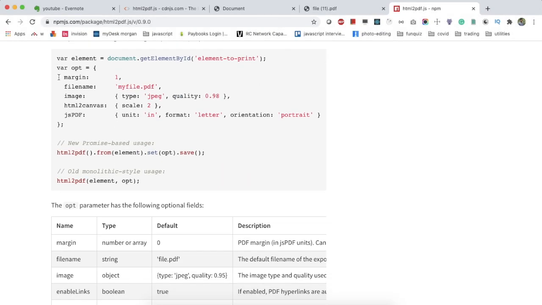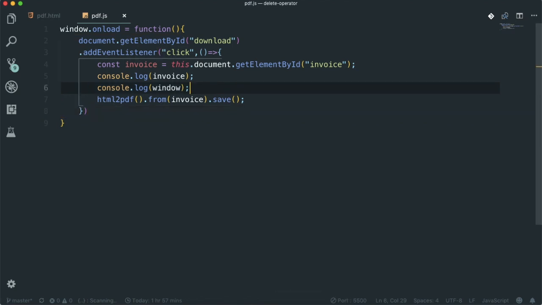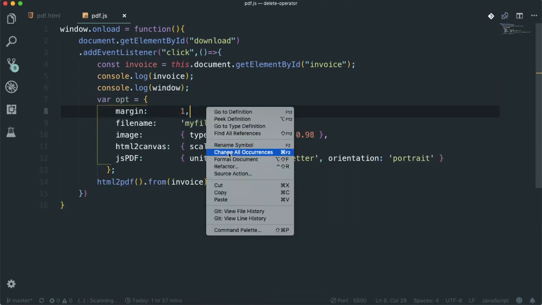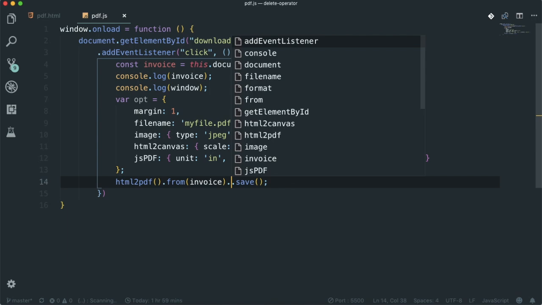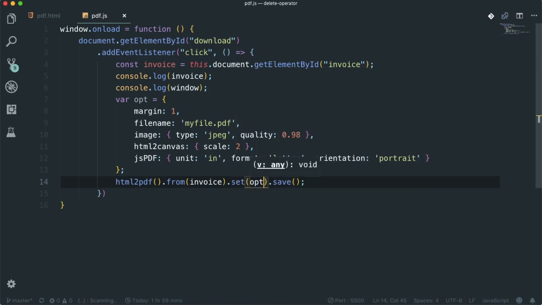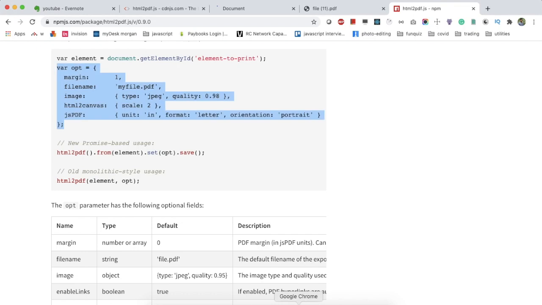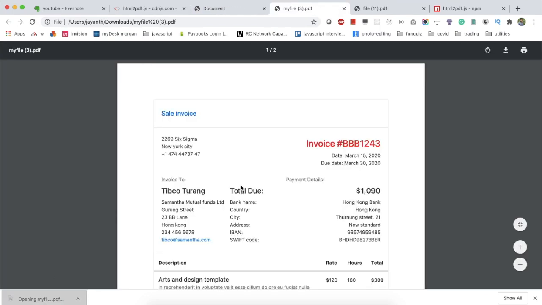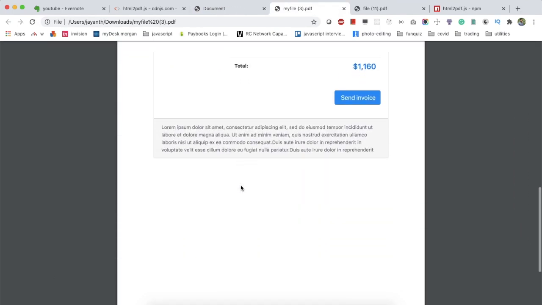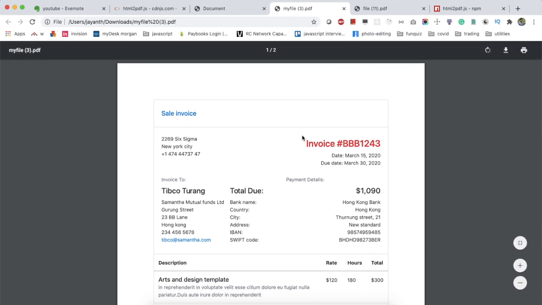and also the html2pdf JS file provides some other options for us, like how much quality you want, what file name you need to give, what the margin is, everything you can configure here. For that I need to use the dot set property here. Dot set, whatever options you want to provide, you can provide it here. Now if I download it, it will download with whatever file name I have given, my file name. So you can see the margin is also applied differently here, and the quality is also better here.